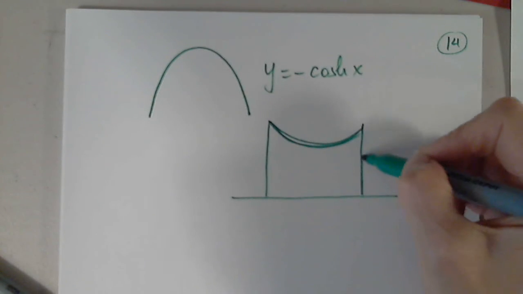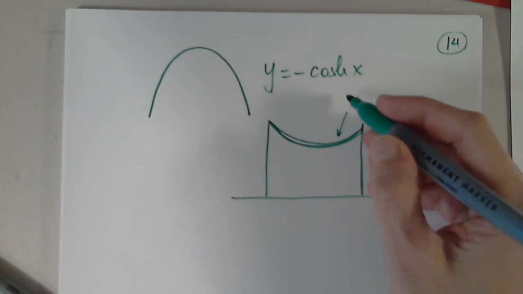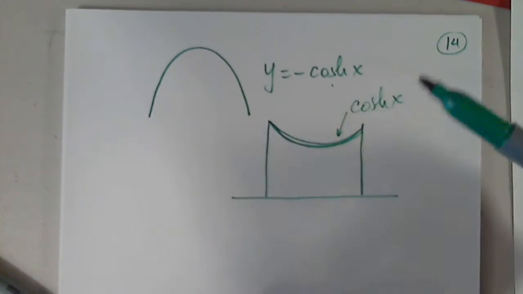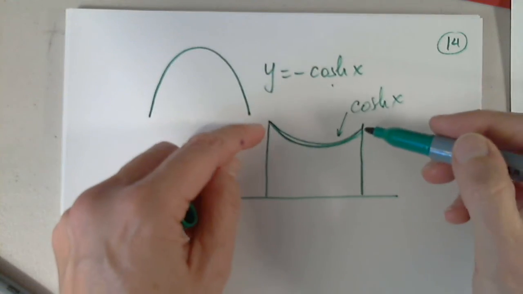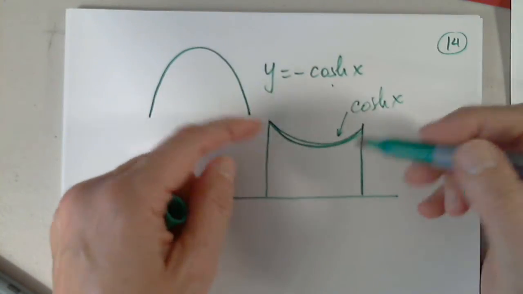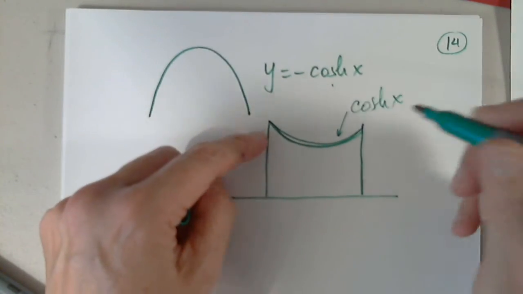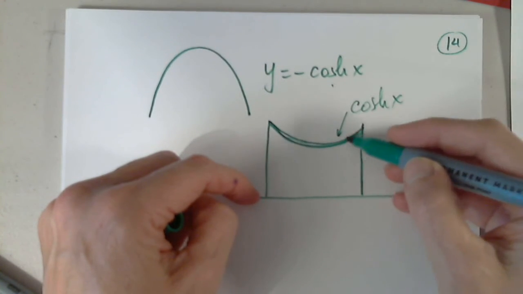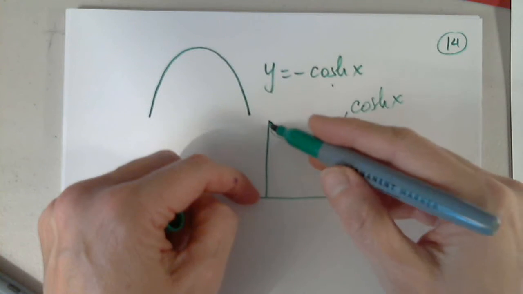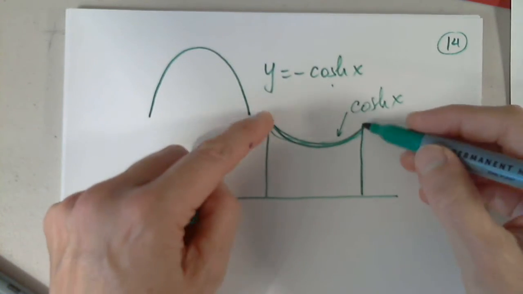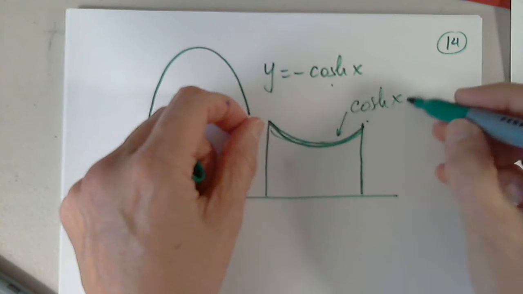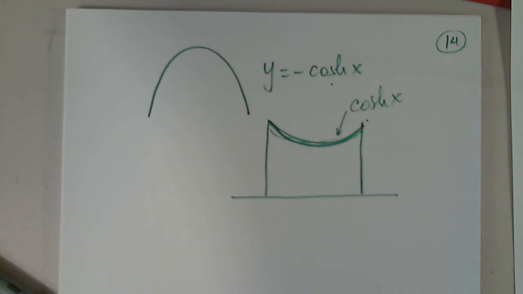I'm trying to make it as symmetric as possible. So this is another hyperbolic cosine. They could not fit a better function like quadratic or exponential or whatever. It's this combo of two exponential functions when they stretched the wires between two poles. In order to determine the length, they use the hyperbolic cosine. Okay, so